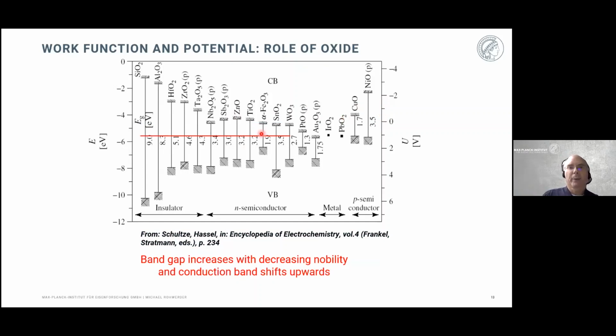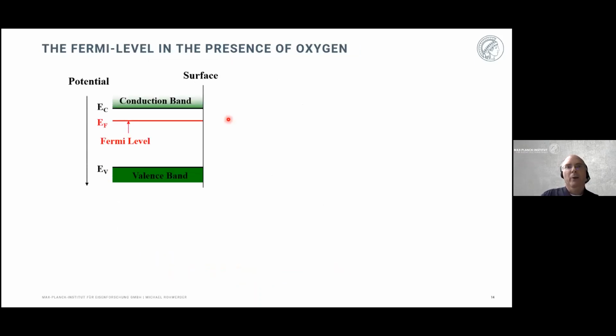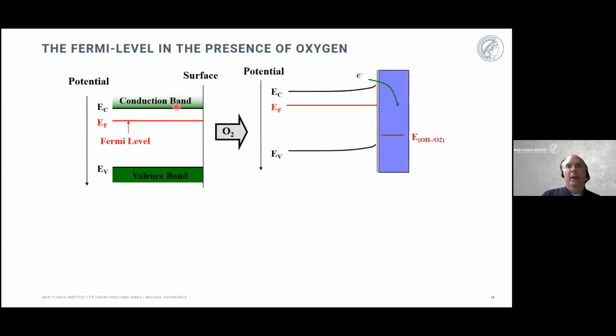That means if the band gap increases by 2 eV, the conduction band edge shifts up by 1 eV. Likewise, then the Fermi level for the freshly polished surface, right? So what is not 100% correct is that we exactly measure this position, because in reality, we don't have a flat band condition on the surface of the oxide, but we have, because there's oxygen, and oxygen wants to take electrons from the Fermi